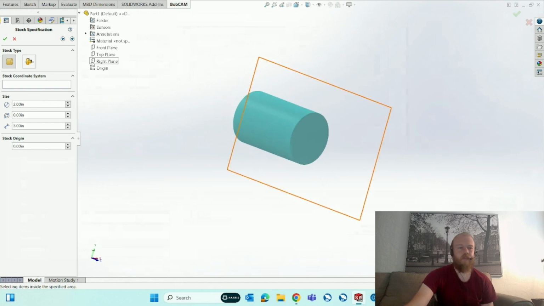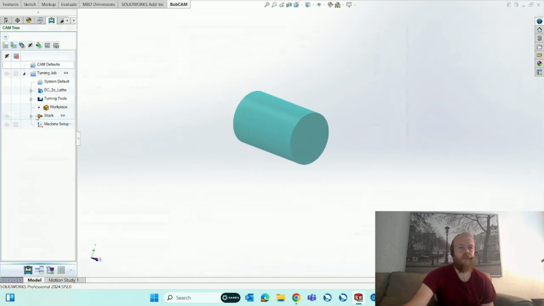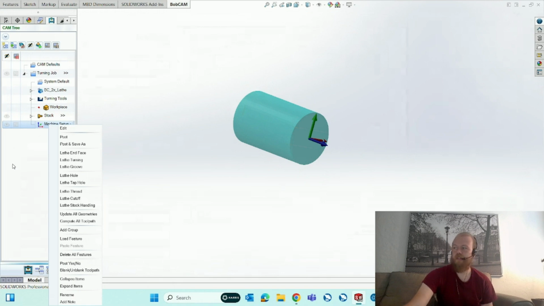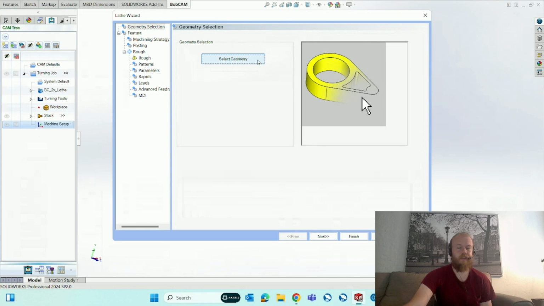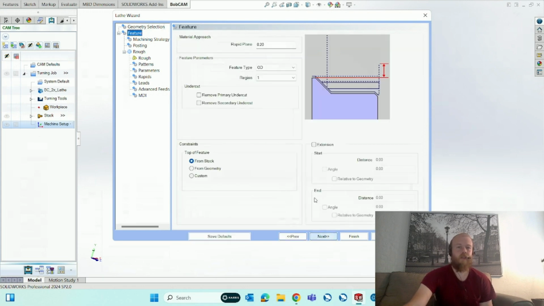and go into the turning operations: facing, turning, groove, drilling and tapping. We offer threading, cutoff, and stock handling for a bar feeder. And you can see in the workflow, it's the same kind of workflow as in the standalone, selecting our geometry, deciding whether we're turning on the OD or the ID of the part,